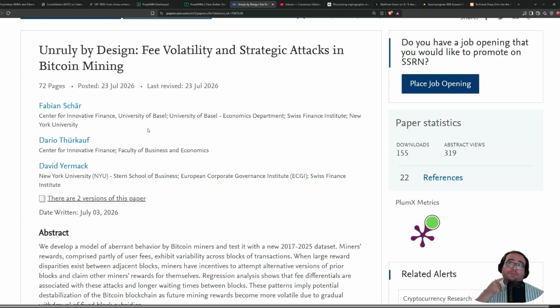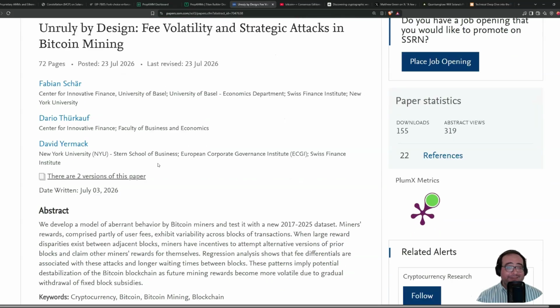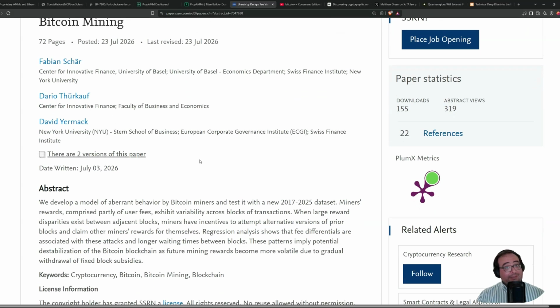It's a bit of a gamble. You're not sure that you will be able to remine that block and then mine also the new block and get your chain, your fork, to become the canonical chain. But you can calculate the odds of doing that, and it could be profitable. That's the idea in principle, and it's known. I mean, it's not new, the idea. What's new in this paper is that it was studied whether this was actually done, and the findings are that, yes, it happened, which is good because we know we are not talking only about things that will happen in the far future, or we don't even know if they ever happened.